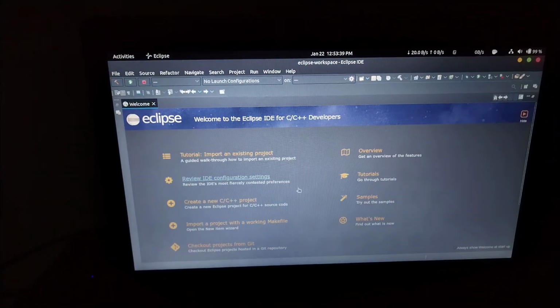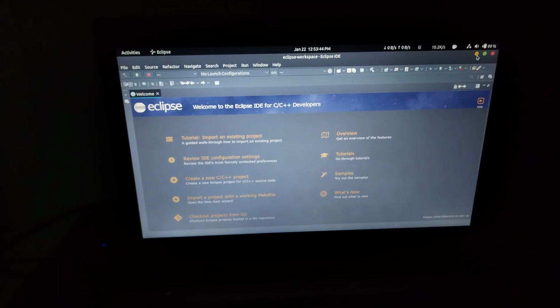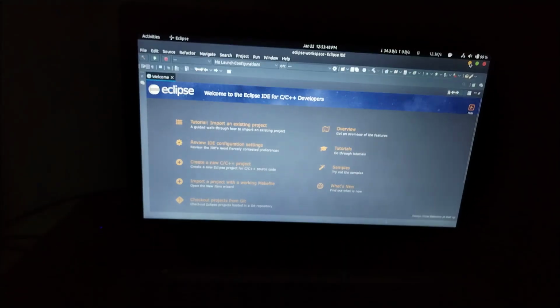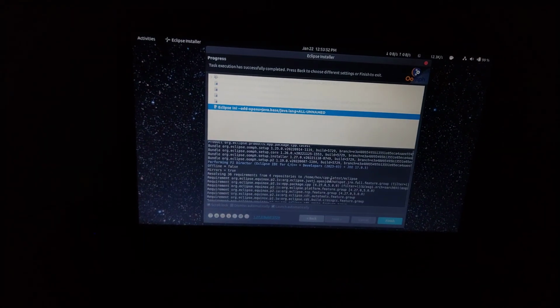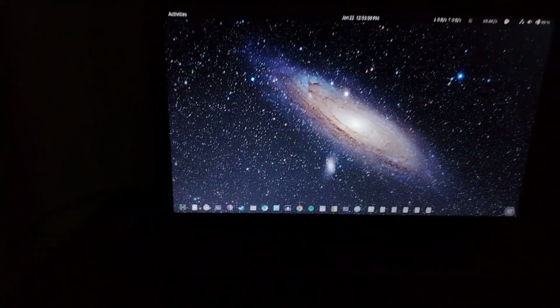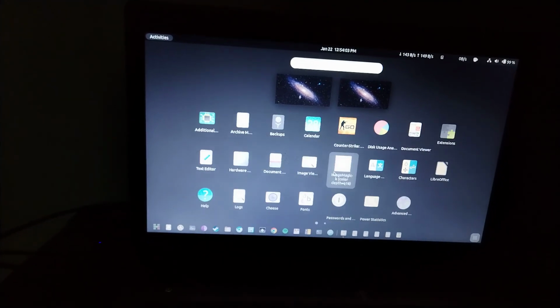As you can see, we need to configure it first. In order to use it, we need to set up a workspace and all that. I'll minimize it and I'll close it. Finally, as you can see,